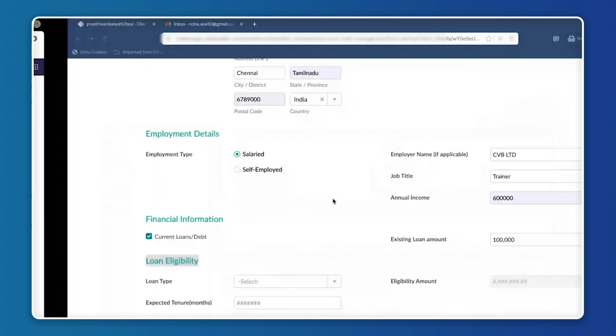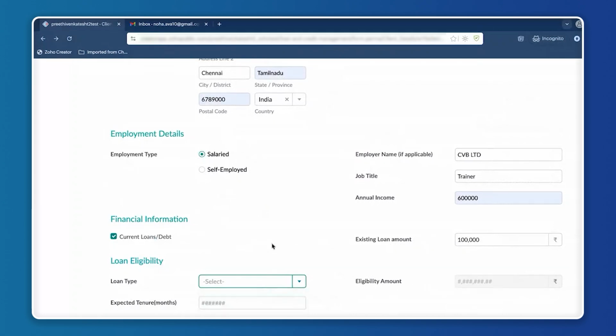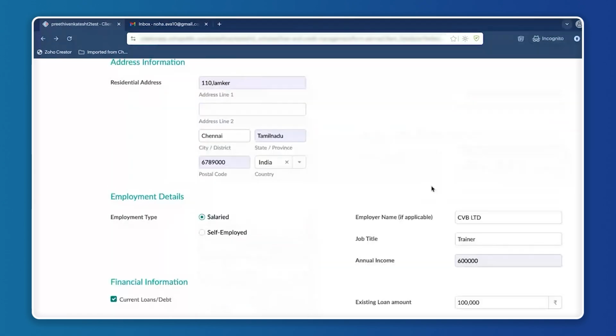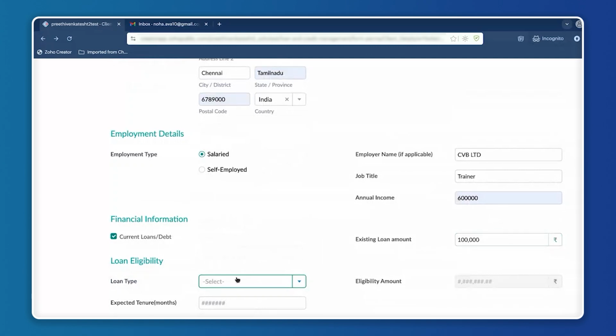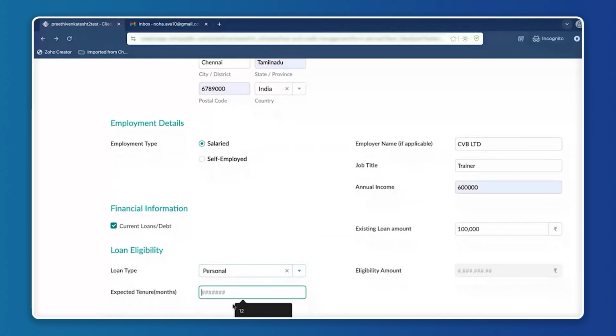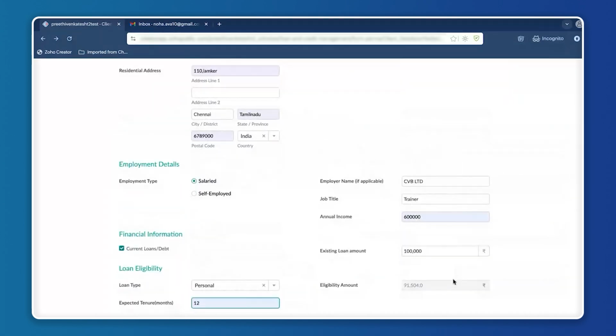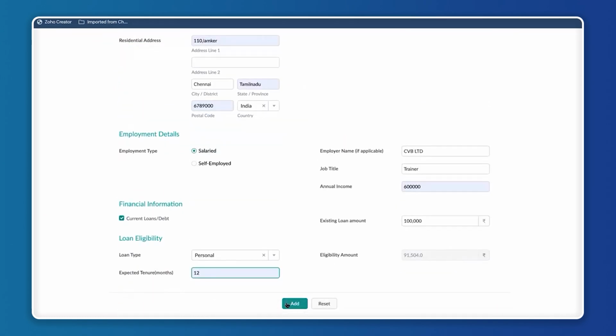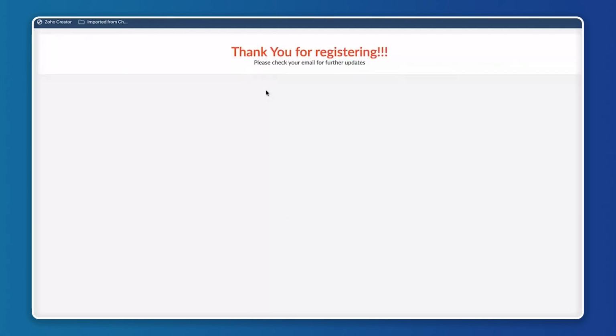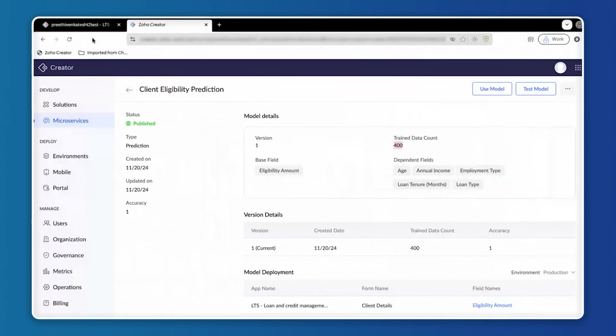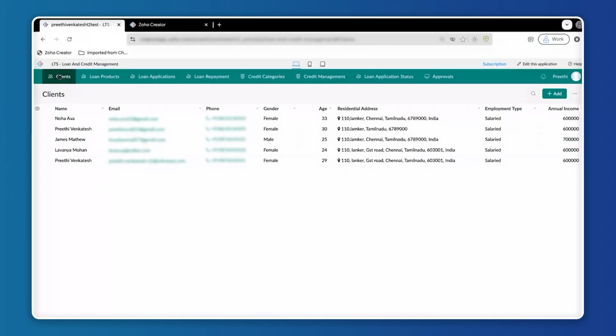So I have used this prediction model over here. So depending upon the age, employment type, loan type, and the tenure, the eligibility amount will be auto calculated. So this is done with this AI prediction model. A detailed documentation on how to create this prediction model will be shared. You can refer to that. So once I click on this add button, the user will be informed that they will be getting further information via their mail. So now if I go to the admin's view in the client module,